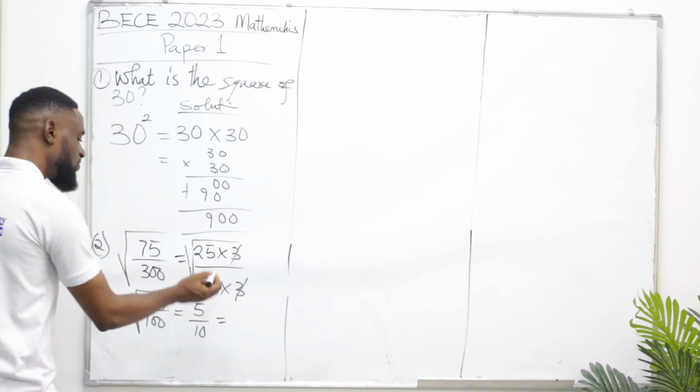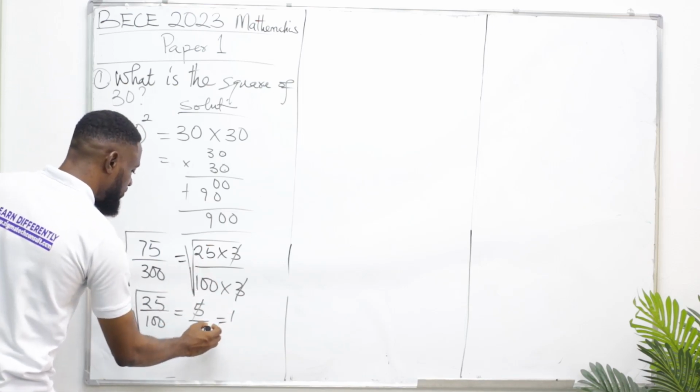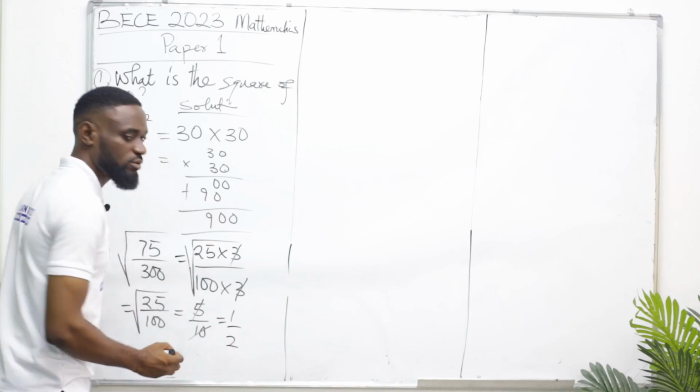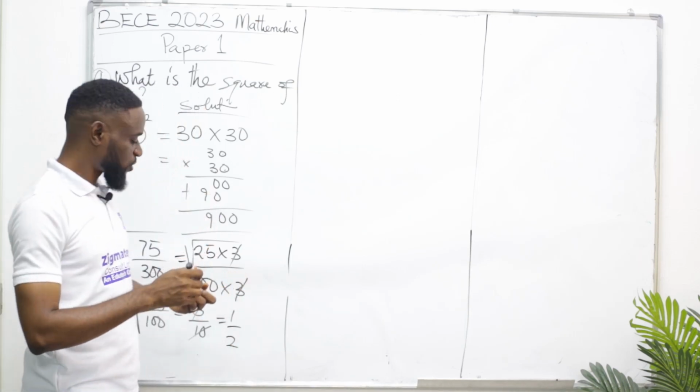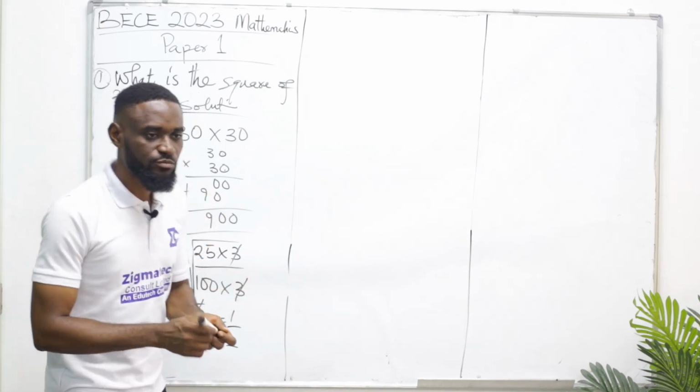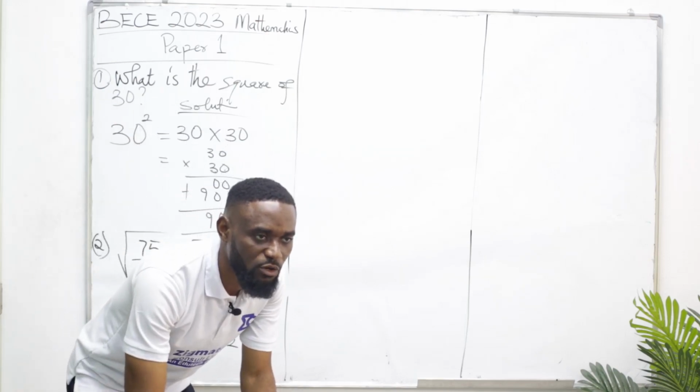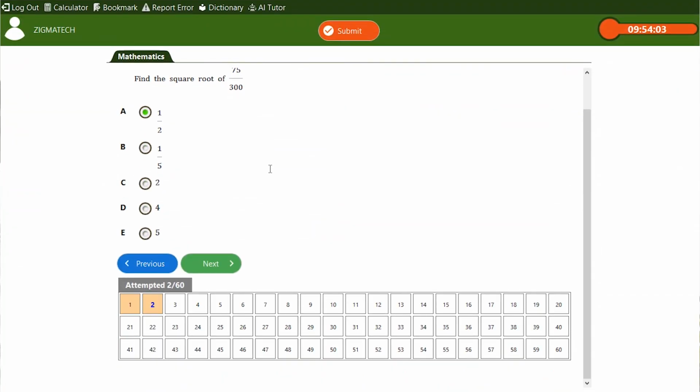Then, 5 into itself is 1. 5 into 10 is 2. So, if we look at our option there, we'll see that option A is our correct option. Now, if we don't want to use this step, if it will be too ambiguous for us,